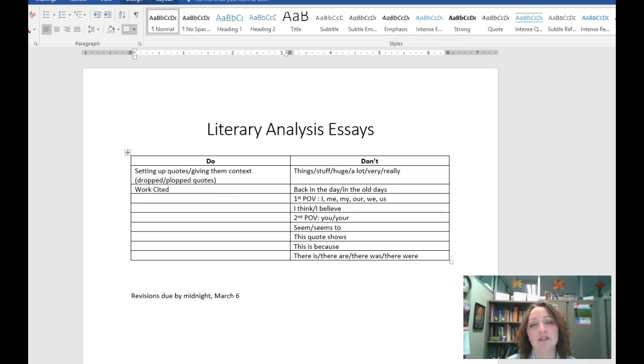I had several of you who just didn't put a works cited page at all in your paper. You might have done a good job with your in-text citations, meaning that you properly, at the end of your quotations or paraphrases, gave credit to the author and the page number on which you found that information, but you have to include a works cited page in addition to doing the in-text citations. So it needs to be in MLA format.